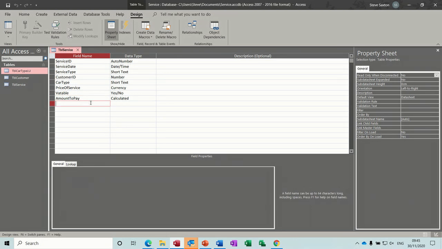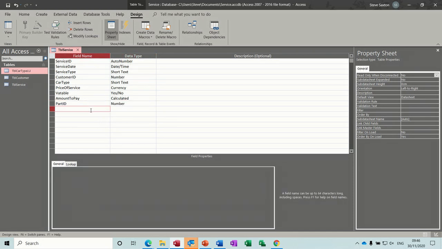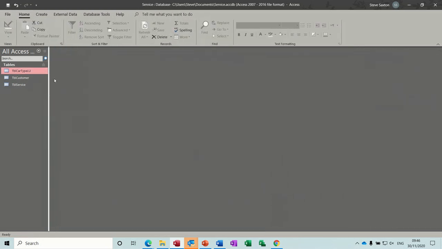So that works. So let's have a quick look what we've got down here. So we've got service date, service type, customer ID, car type, price of service, vatable, amount to pay. And then we could have parts used. So parts ID, I'm going to link that in with another table, number field. And that's all I want for this. So if I save that and then close this, so now what I need to do is create another table,